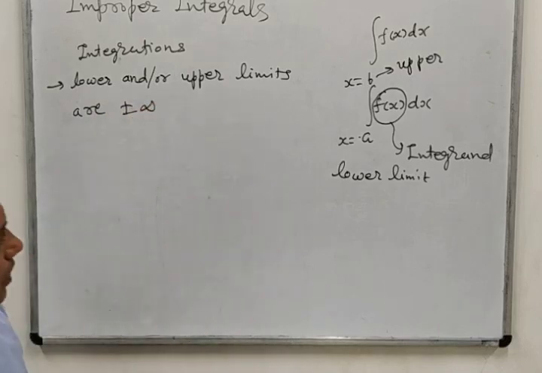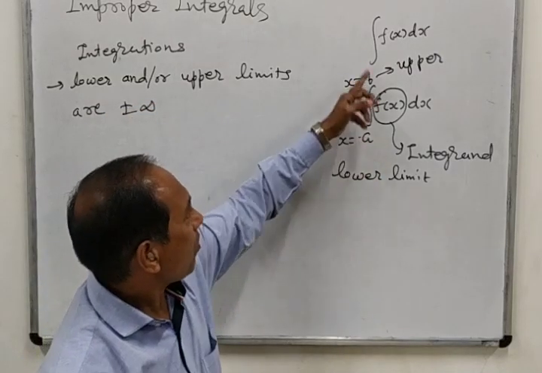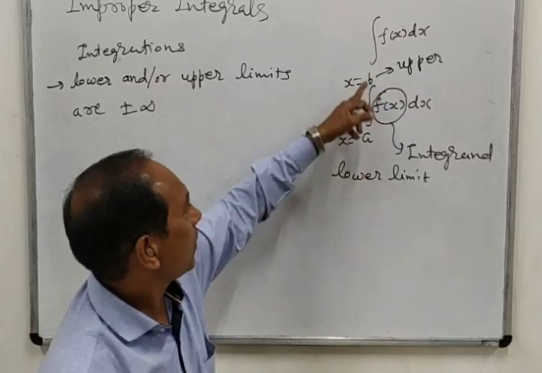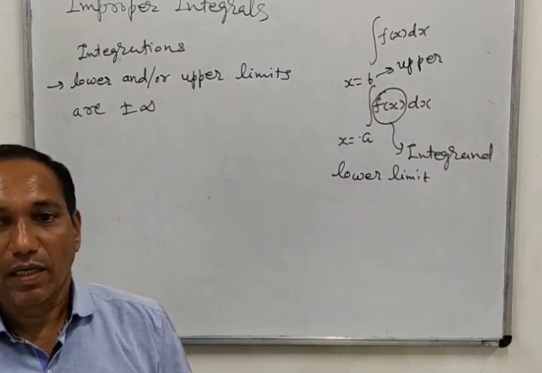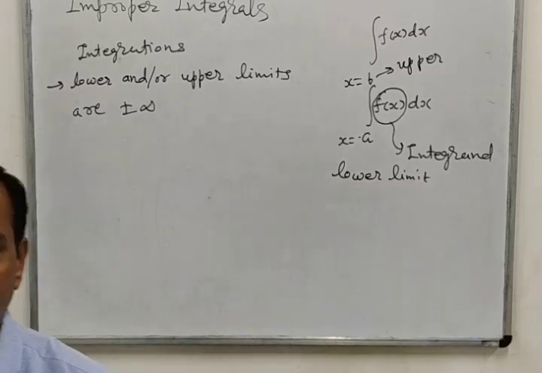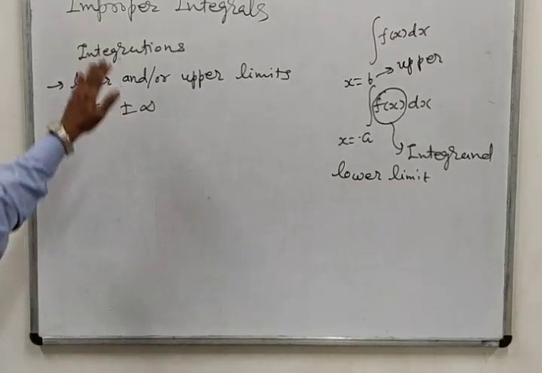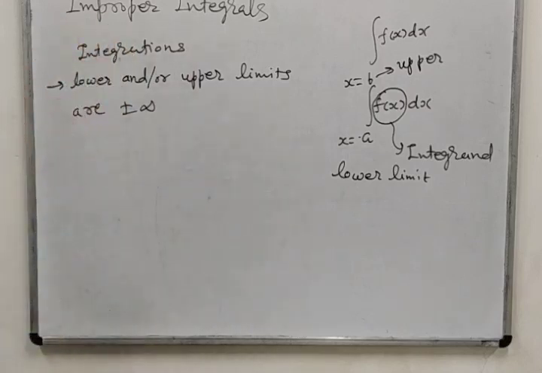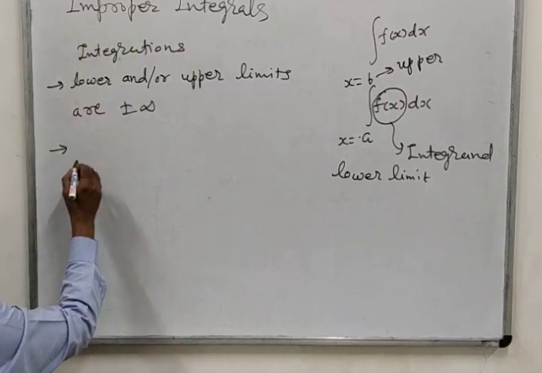That means if this limit or both a and b are infinity or minus infinity, then the integration is known as an improper integral. Second thing is that if